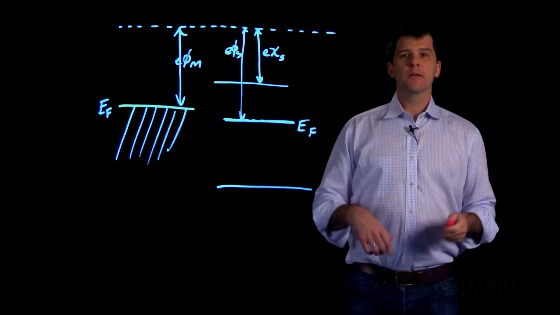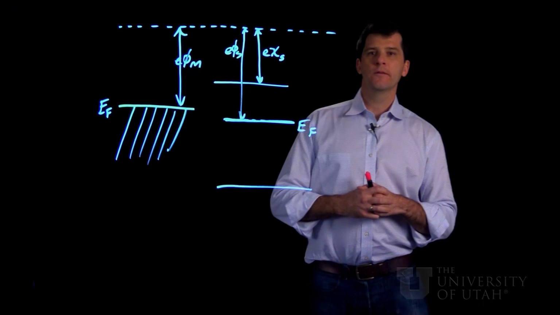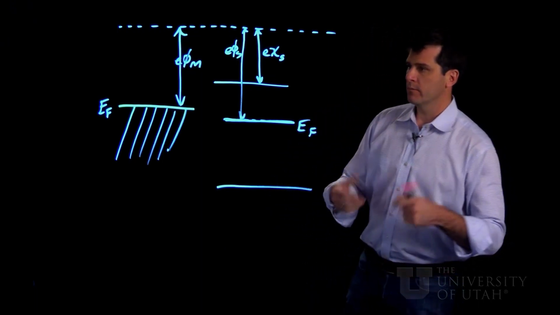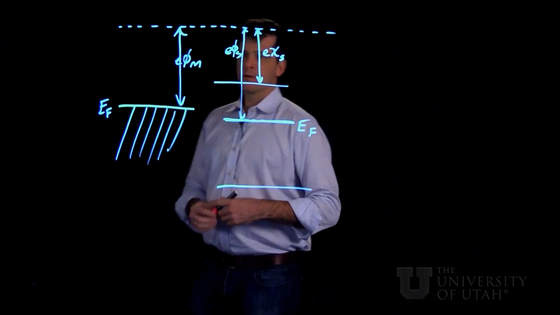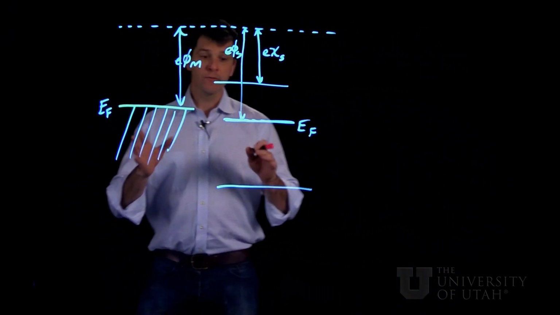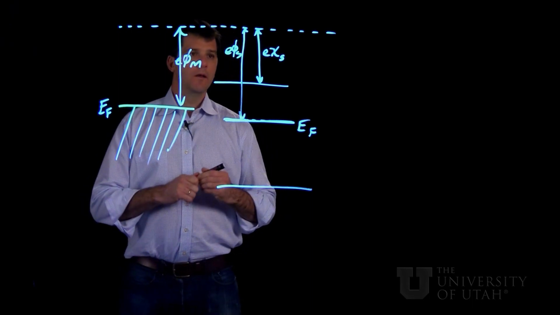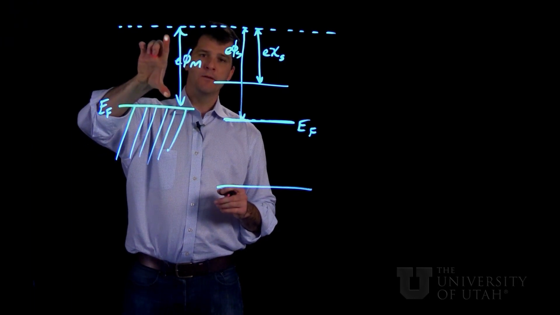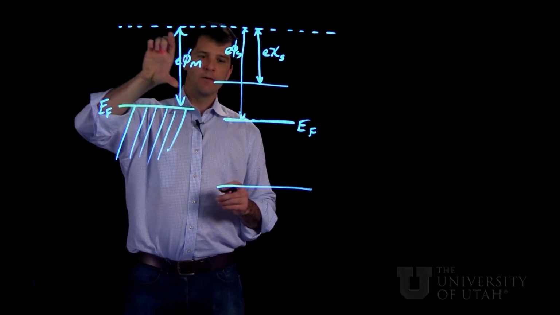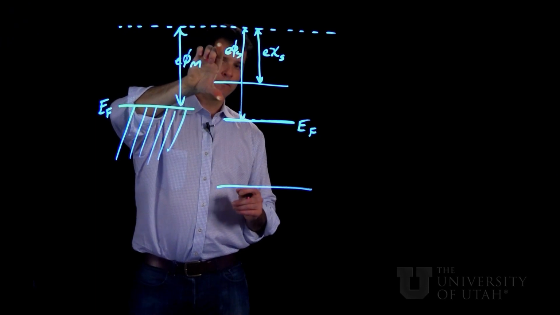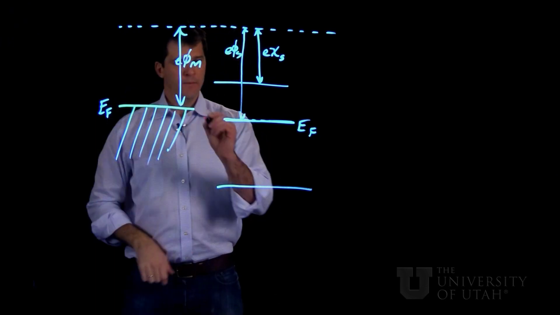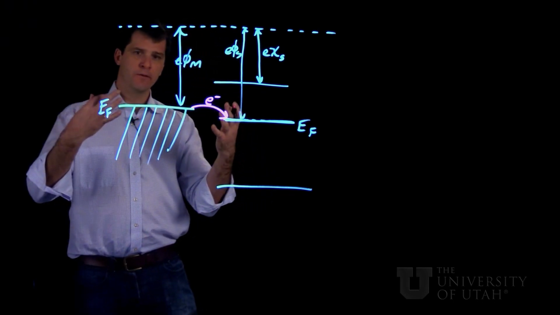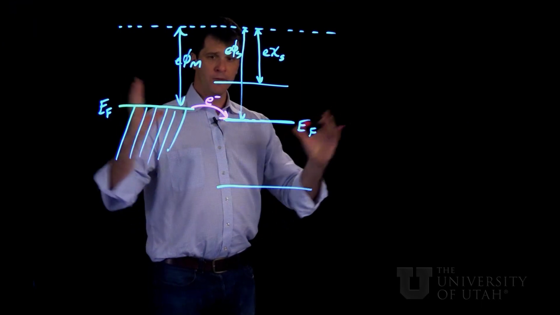So in this section, we're going to look at the opposite kind of metal semiconductor junction, one that's ohmic and does not form a Schottky barrier height. So the energetic situation would be here for an N-type semiconductor. We have the case where the work function in the metal is smaller than the work function in the semiconductor. And that means that there's going to be electron transfer from the metal into the semiconductor upon putting these two